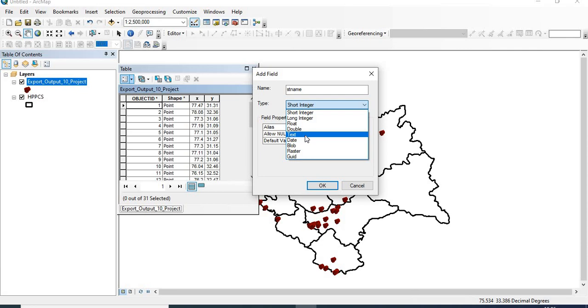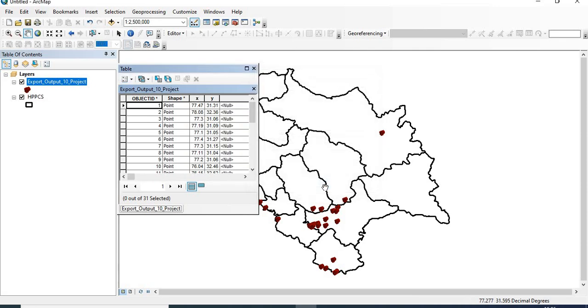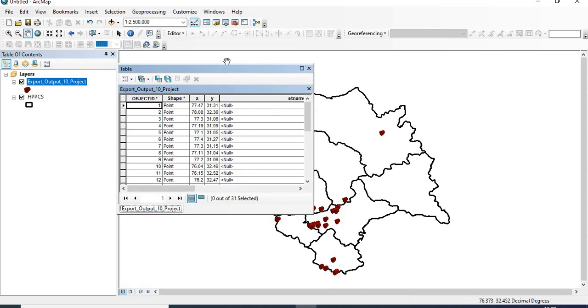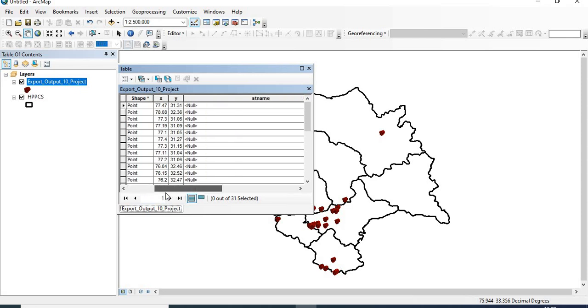So type would be text, and in the field properties, length would be 50 characters since we have to write the name of the student. So we can take it up to 50 characters and click on OK. Here you would see that in the attribute table the Student Name field has been added.